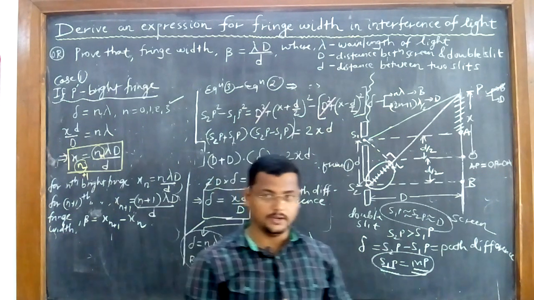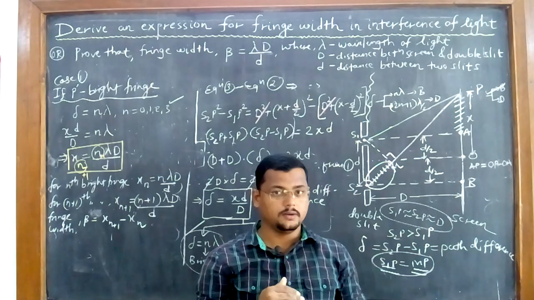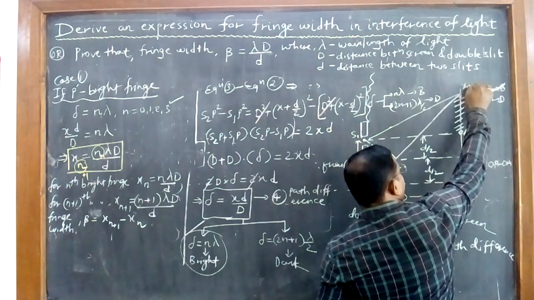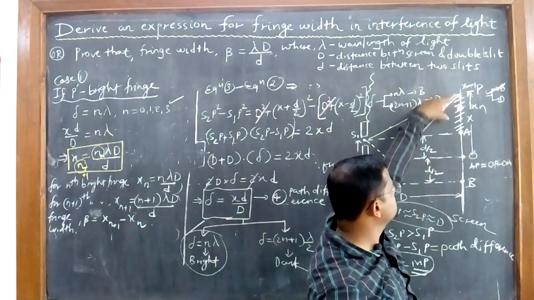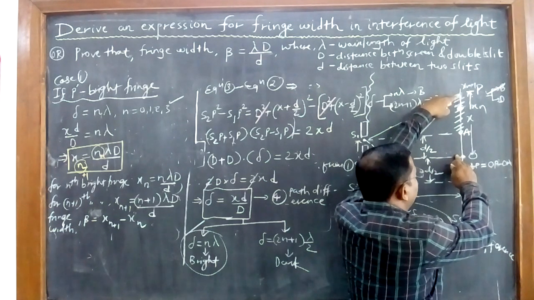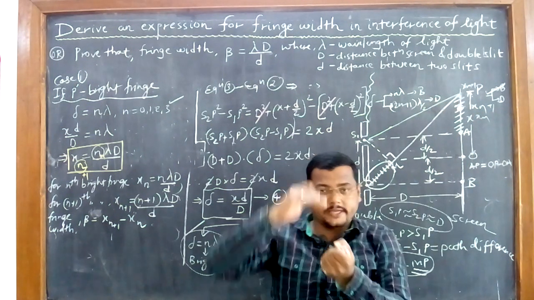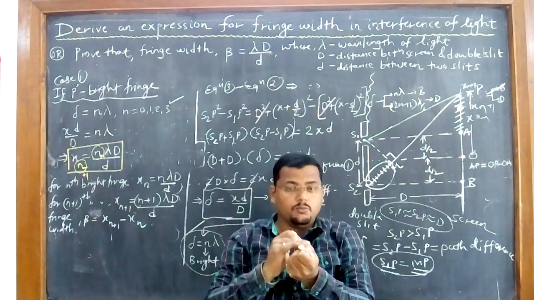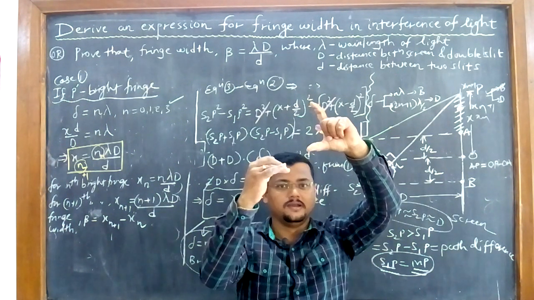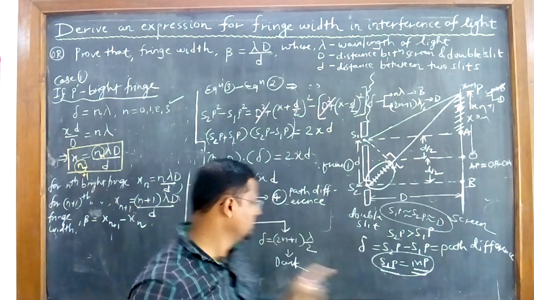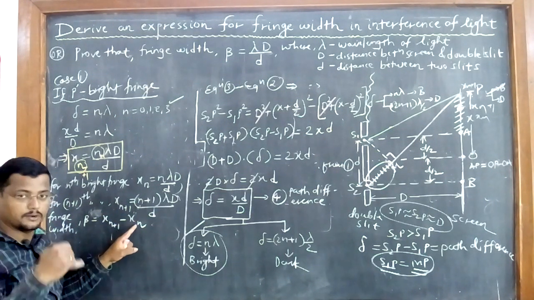Understood the point? From the center, where is the n plus 1 bright fringe present? At a distance of xn plus 1. Suppose this is the xn plus 1 bright fringe. The next bright fringe is somewhere here, having the distance of xn. So from origin to this point P is xn plus 1, and this point is xn. So from origin to the n plus 1th bright fringe, and from origin to the nth bright fringe, xn plus 1 minus xn. Can you get this distance here? The distance between two successive bright fringes. So that's why I wrote here the distance of the n plus 1 bright fringe minus the distance of the nth bright fringe from the center of the screen.